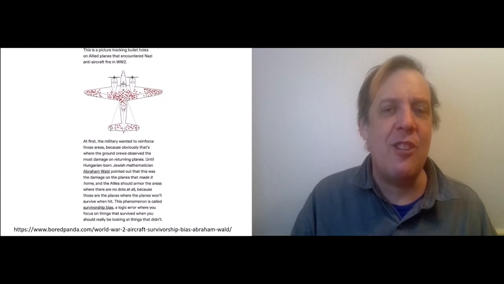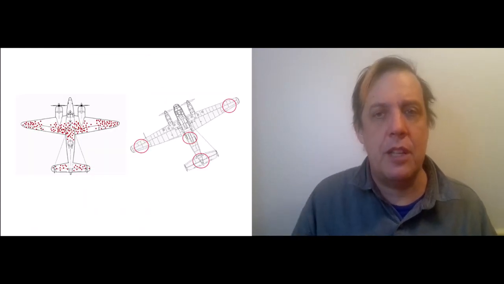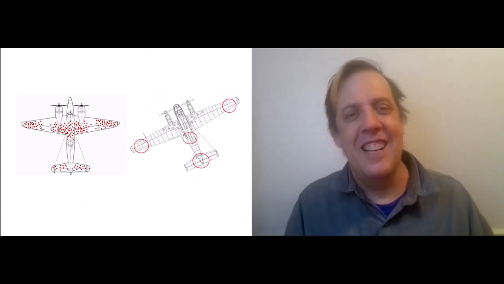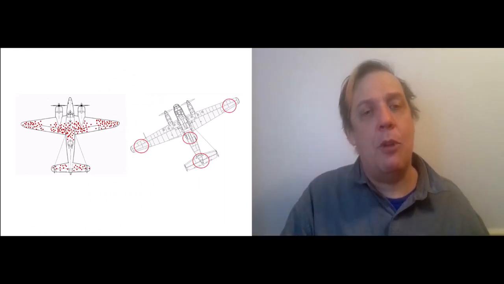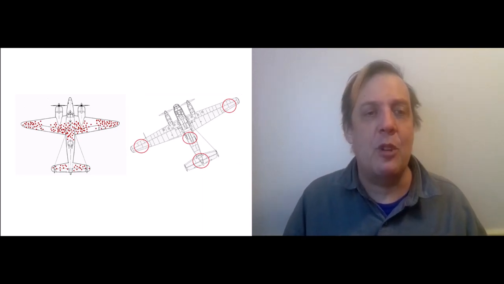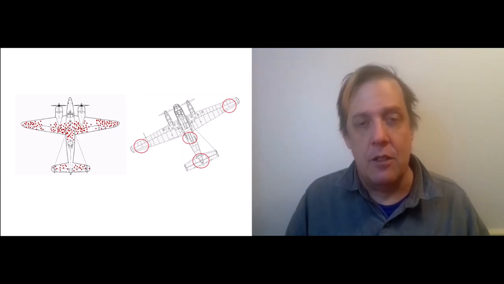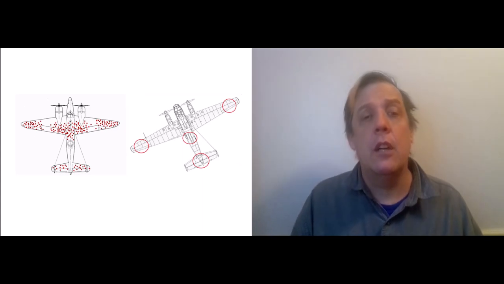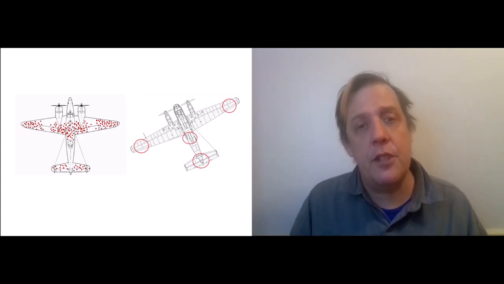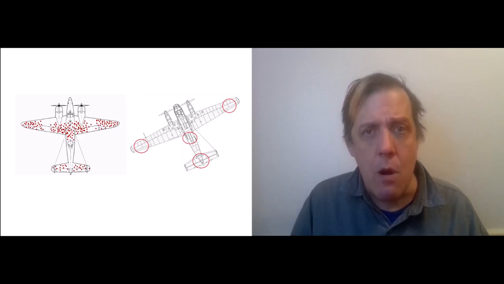You need to compare that with the areas where the planes don't. Well, you need to compare the planes that come home with the planes that don't, right? And in fact, what you want to do is reinforce the areas where the planes that didn't make it got shot. So again, survivorship bias happens when you only look at the survivors of a process, when really you need to compare